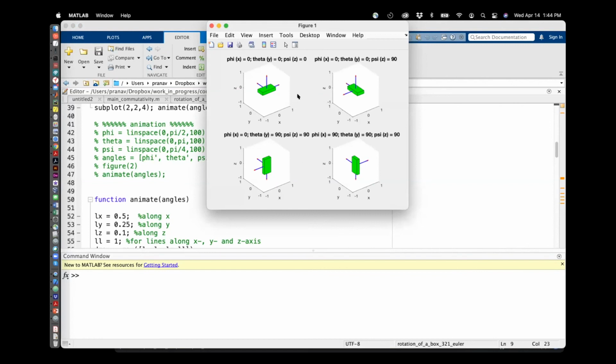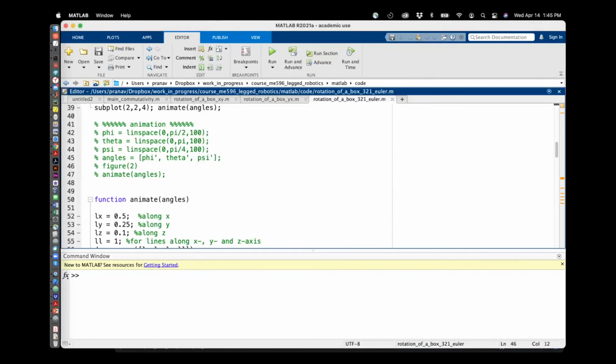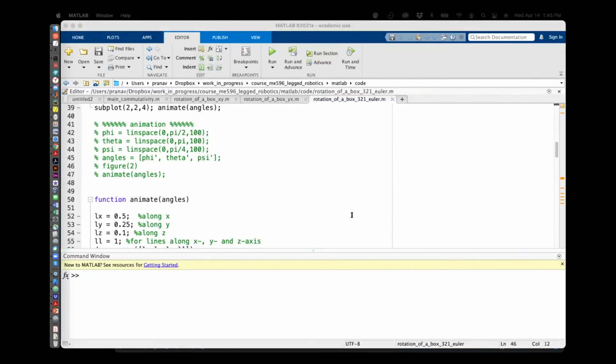Okay, this is just illustrating rotation. So if you start with the initial configuration, then you do rotation about the z-axis, 90 degrees. So if you want to understand this, this code might be a good starting point. So 90 degrees about the z-axis, and you get this. The z-axis remains unchanged, then 90 degrees about the y-axis, and 90 degrees about the x-axis. So it's going 90, 90, 90 rotations about each of the axes. And so you can start off with this code and then get to that. So I think okay, that's it. So let's